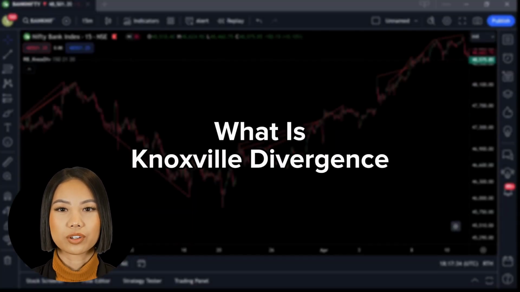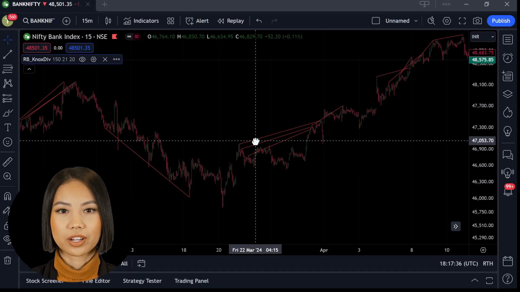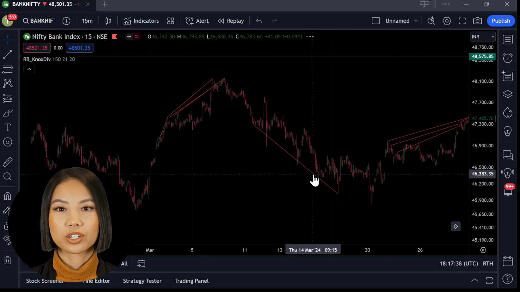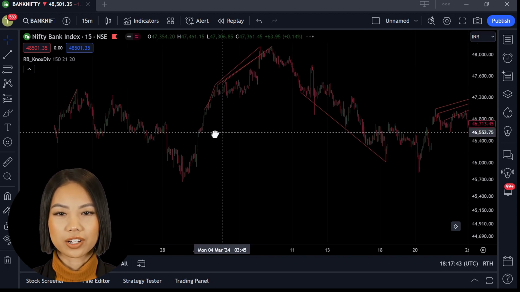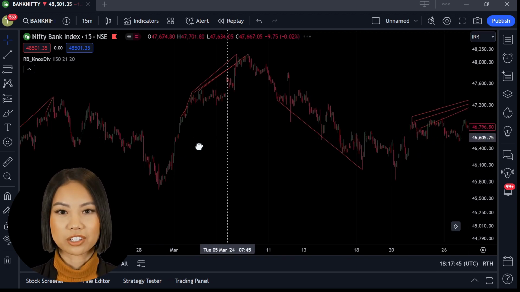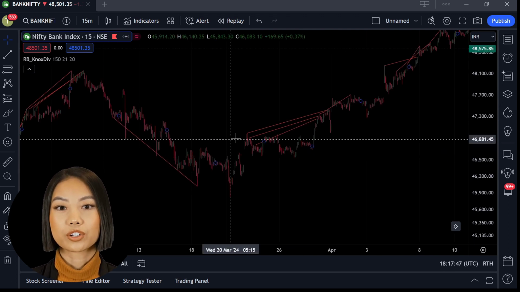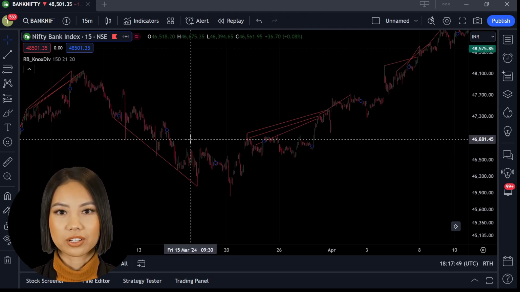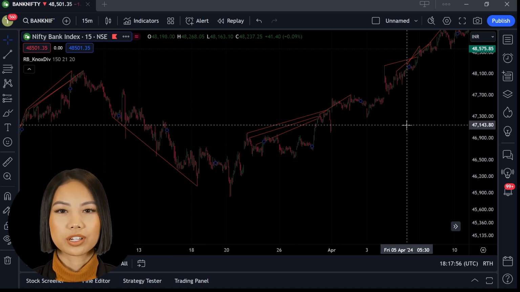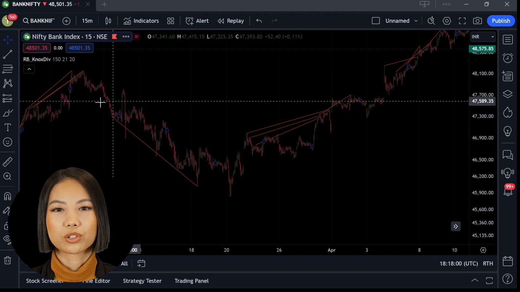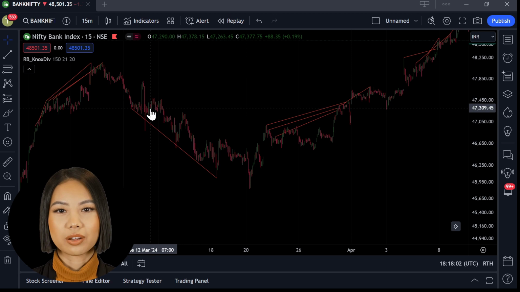What is the Knoxville Divergence Indicator? The Knoxville Divergence Indicator is a unique tool that helps traders identify potential reversals in the market by spotting divergences between price action and momentum. Divergences occur when the price of an asset moves in one direction while an indicator, such as the RSI or MACD, moves in another. Knoxville Divergence visualizes these divergences directly on your price chart with lines, making it easier to